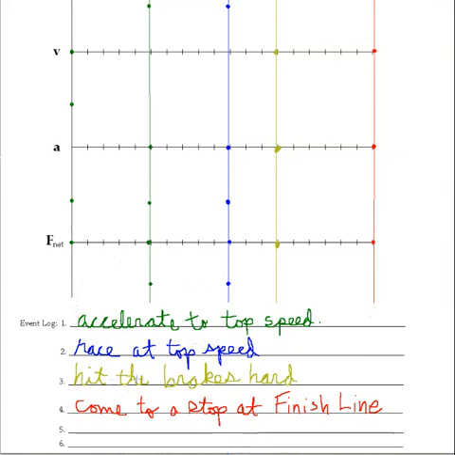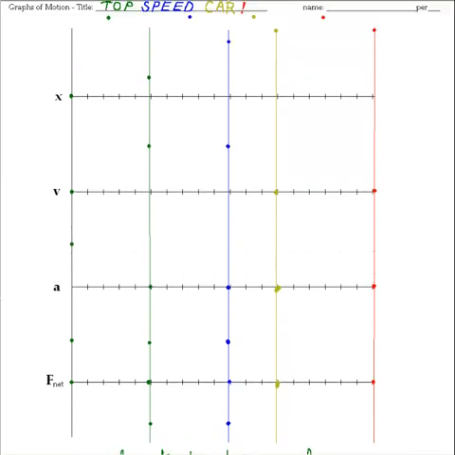In yellow we are going to talk about hitting the brakes, slowing down, and then in red we are going to come to a stop at the finish line. So we will start off looking at the motion maps of accelerating. So let's start off with